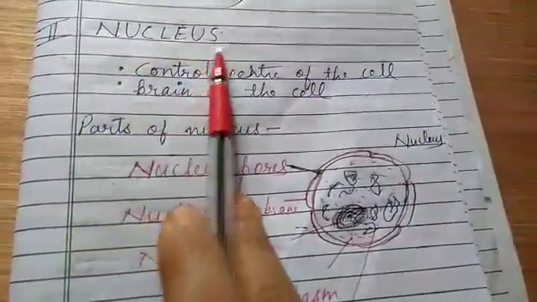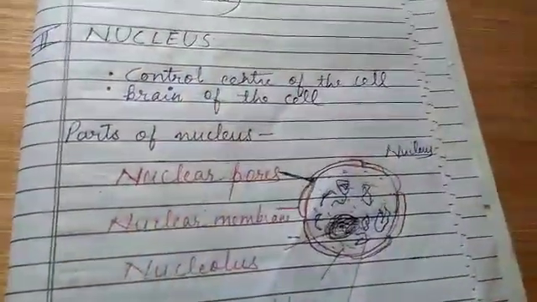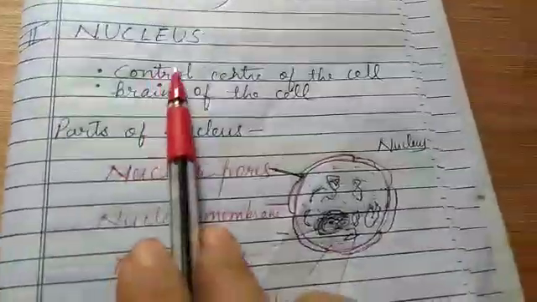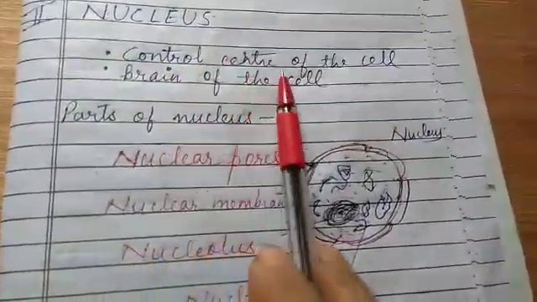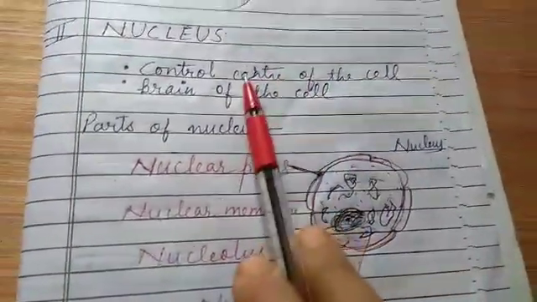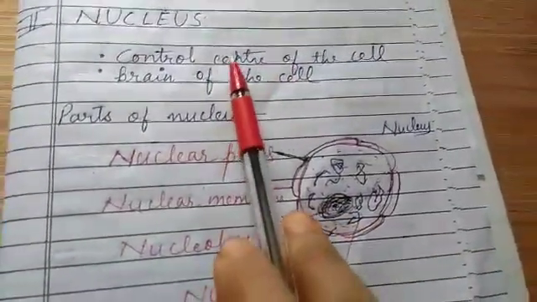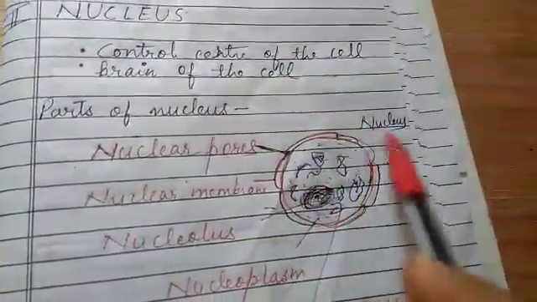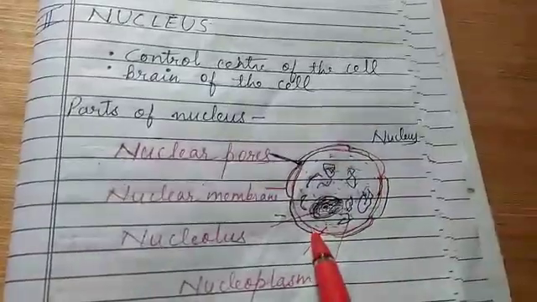Now the three basic features we were going through: the first was the plasma membrane, and the second basic feature that is present in all cells, plant or animal cells, is the nucleus. So the nucleus, you already know, is known as the control center of the cell. All the activities of the cell are governed by the nucleus. It is also called the brain of the cell. See this structure of the nucleus.